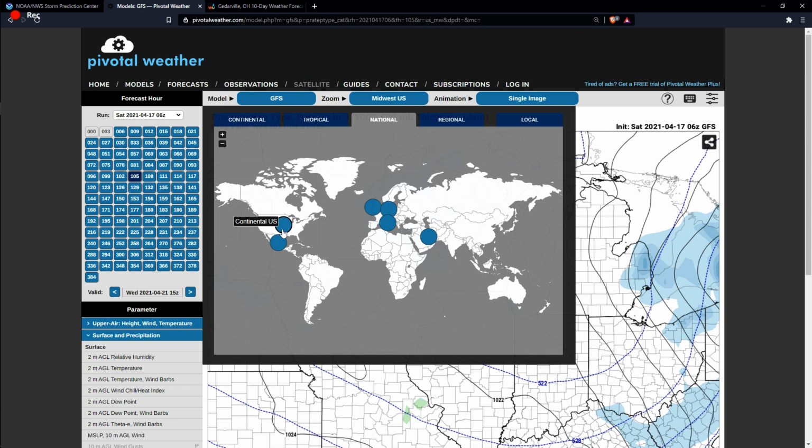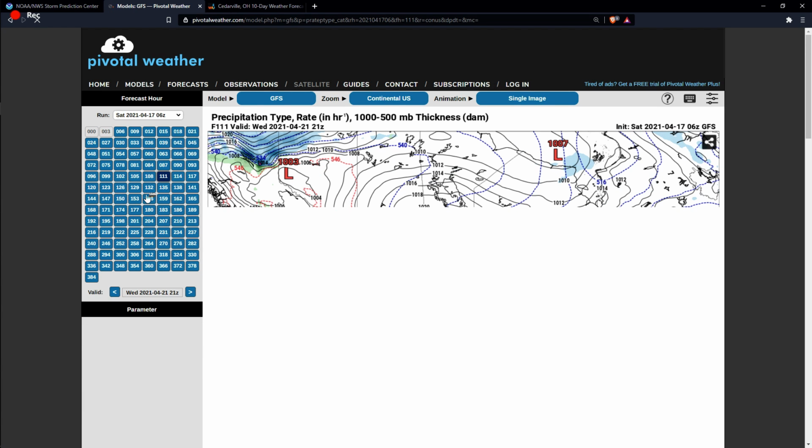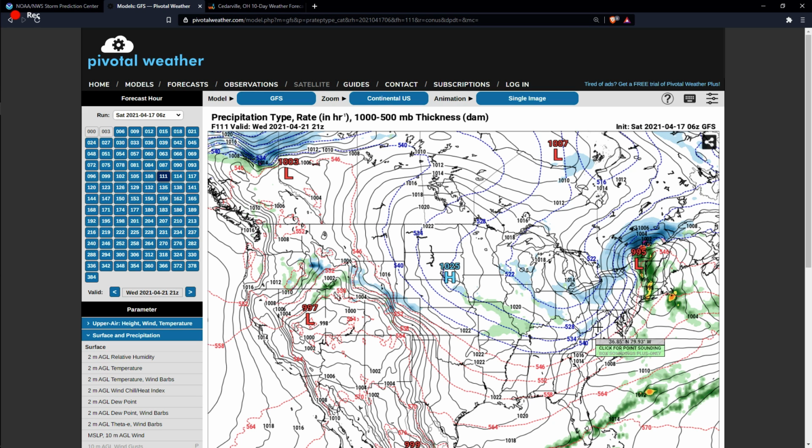And the snow kind of remains in the Ohio area and continues to push off to the northeast. And it looks like it could turn into some nice, decent snowfall for the New England area. So I'm going to take a look at that. In fact, I'm going to go back to the national map and see. Yeah, so it looks like the snow is remaining a little bit off to the north of New York right now, or during that time, but on the back end of it, there's going to be some snow, and it looks like the snow is even going to continue in some spots of Indiana, Ohio, and Wisconsin, even later in the